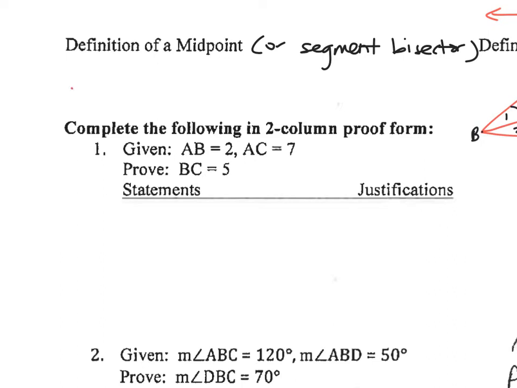All right, so midpoint, you have something like this, and you have a midpoint in the middle. If you're told you have a midpoint, then you know that these two pieces will be the same since the midpoint is in the middle. And just like the bisector, or even if you have a segment bisector, it works the same way. You could say that AM is congruent